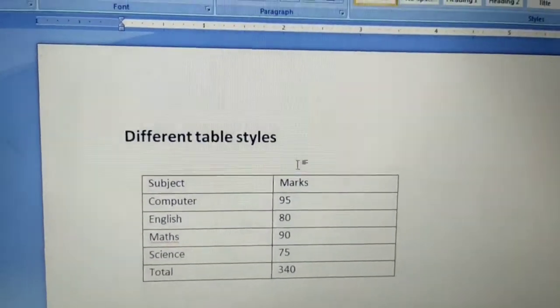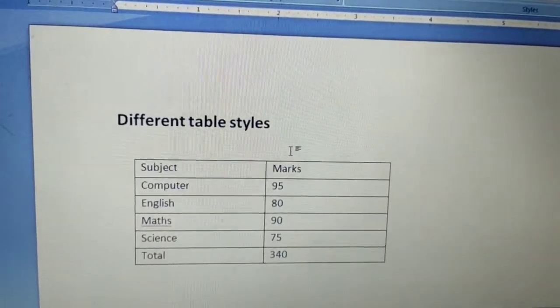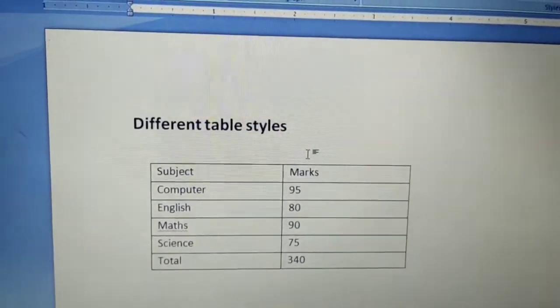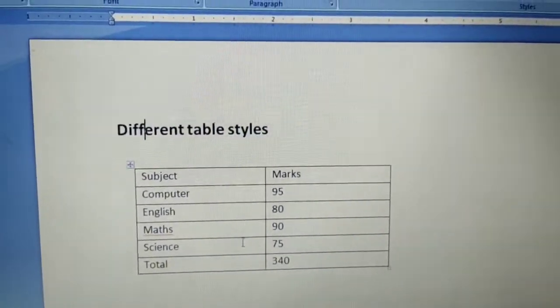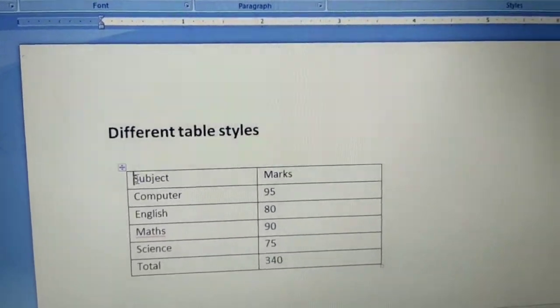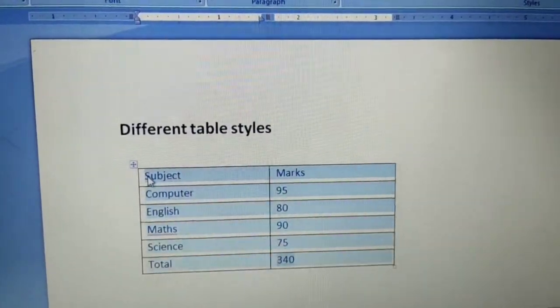Now the last one is different table styles. By using table style, you can change the style of the table.